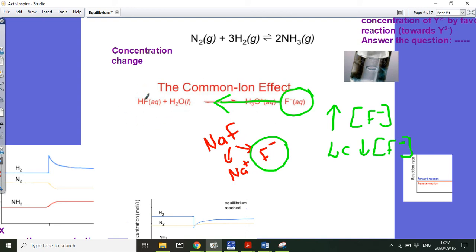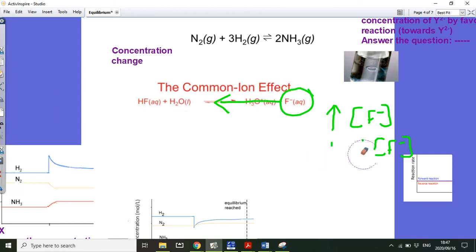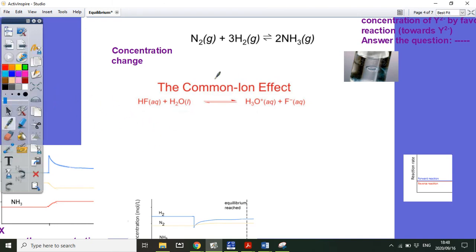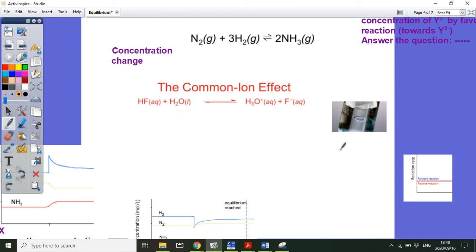And I'm going to form more of this stuff on this side. So that one is pretty easy because it's very similar to the one that you had before where we just added H2. But now what you need to look out for is if they say a precipitate forms or an insoluble solid forms. Now I've gone and looked up what forms a precipitate with a fluoride ion, and calcium fluoride